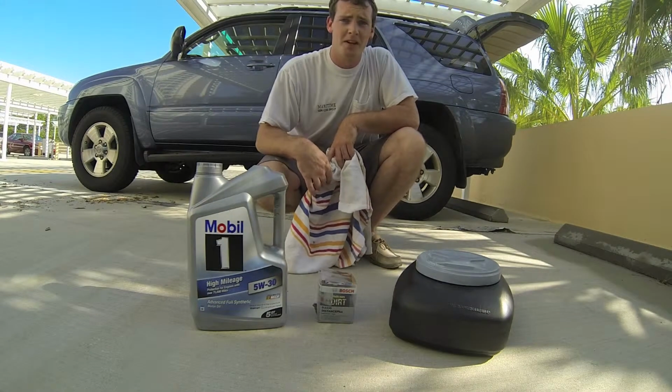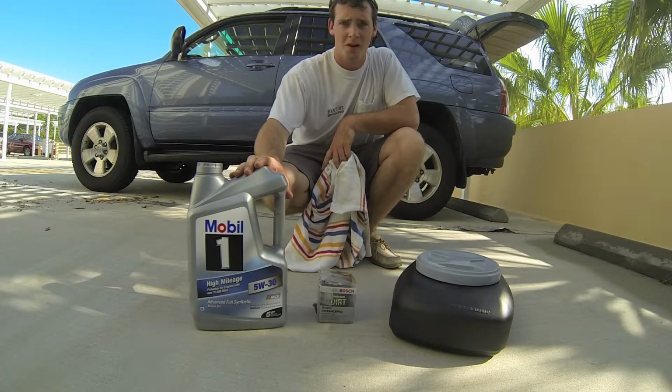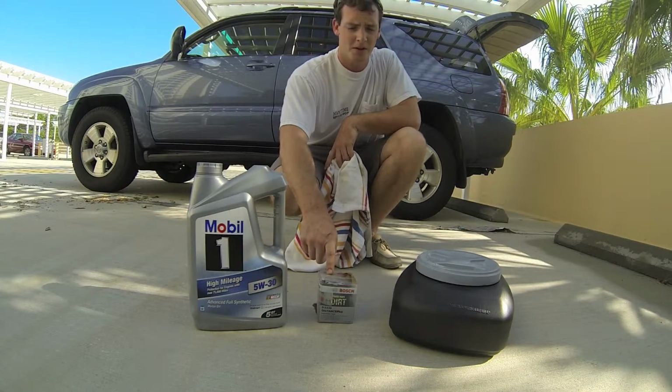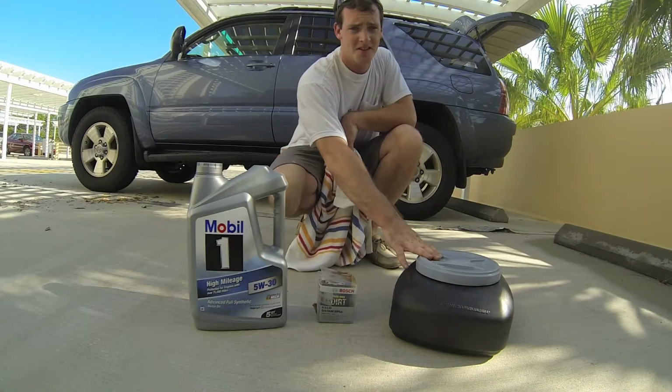Today we're going to be doing a 15-minute oil change. We're going to start off with full synthetic motor oil by Mobil 1, a good quality oil. Then we have our filter for our vehicle. It's a V6 4Runner, so we have the proper filter. Then we have a drain container with a strainer on top to catch the nut when we drain our oil